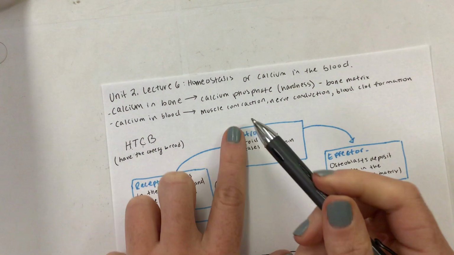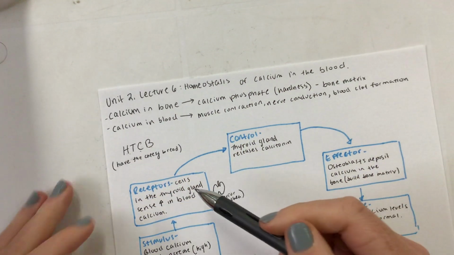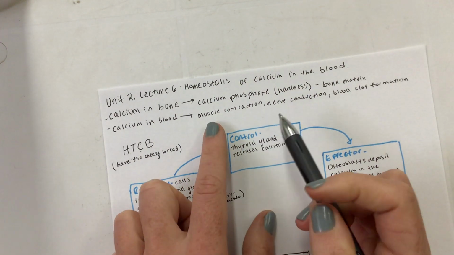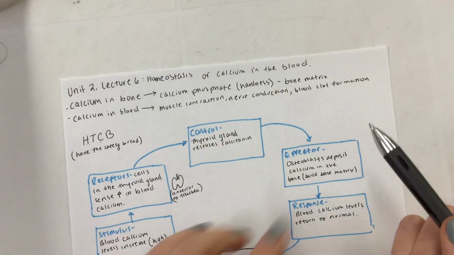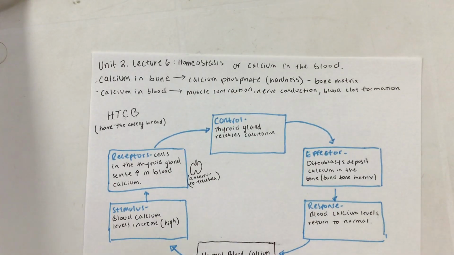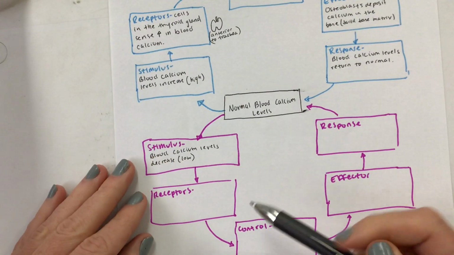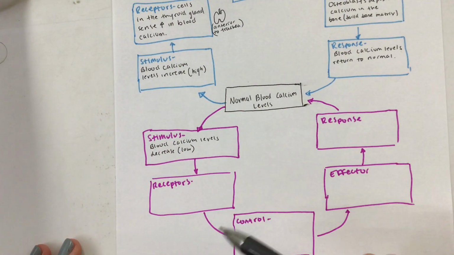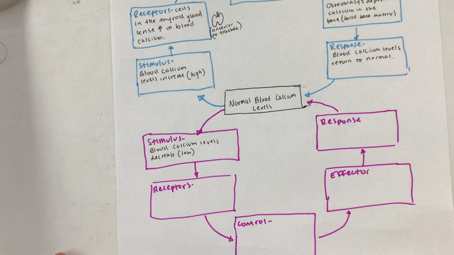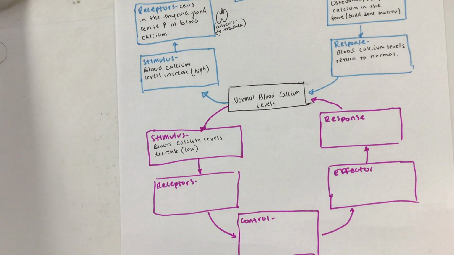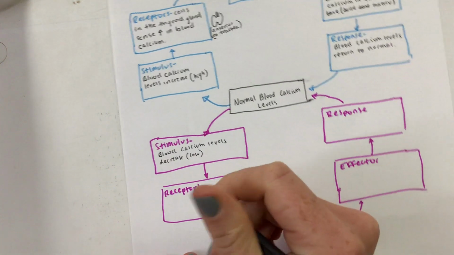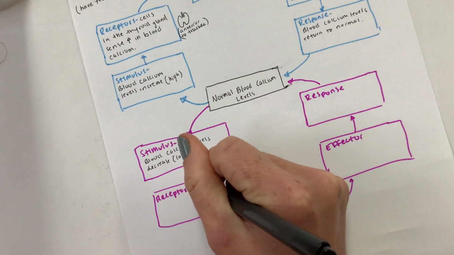Maybe you were just exercising and all that calcium has been taken in and used in muscle contractions, or maybe nerve conductions, or maybe blood clot formation. It could have been used in those processes, and so your body's saying, oh, well, it's too low. We need to get some more calcium here in case we need some more muscle movement and other types of activities. Now here, what's going to sense this is cells